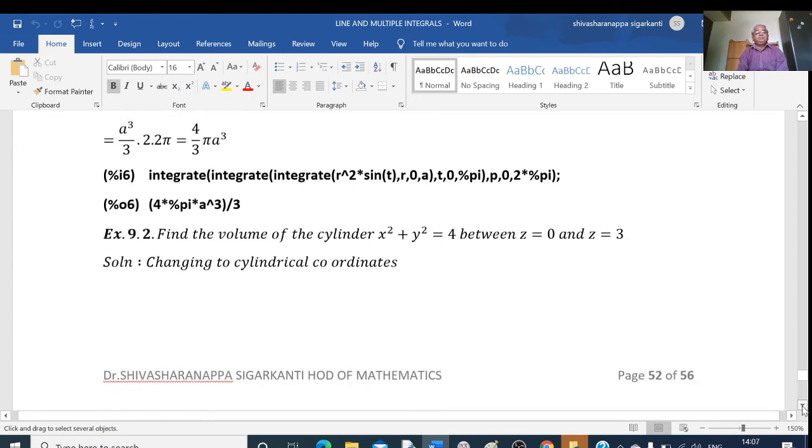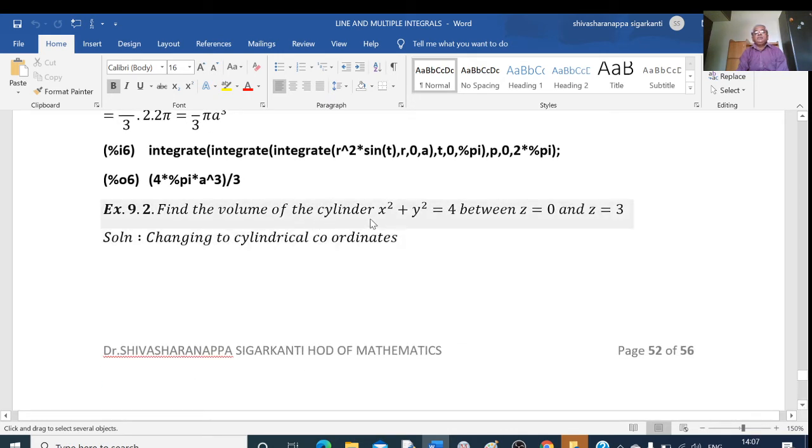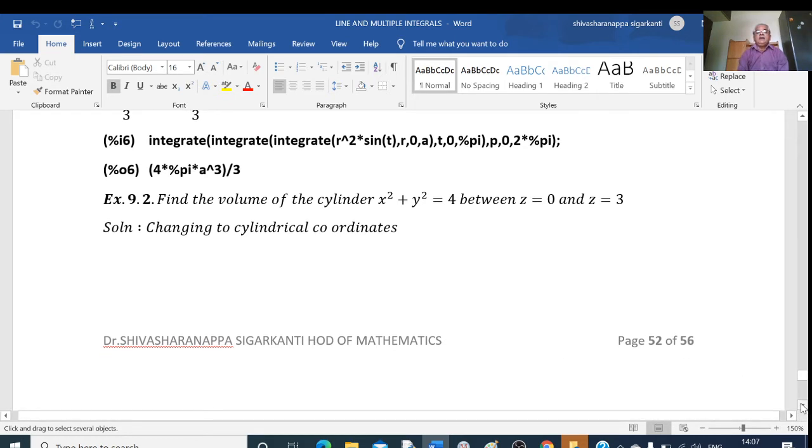Next example. Find the volume of the cylinder x square plus y square equal to 4 between z equal to 0 and z equal to 3. So in this case we change to cylindrical coordinates. In cylindrical coordinates we put x equal to r cos phi, y equal to r sin phi and z equal to z itself. And in the triple integral, we have to change dx dy dz to r